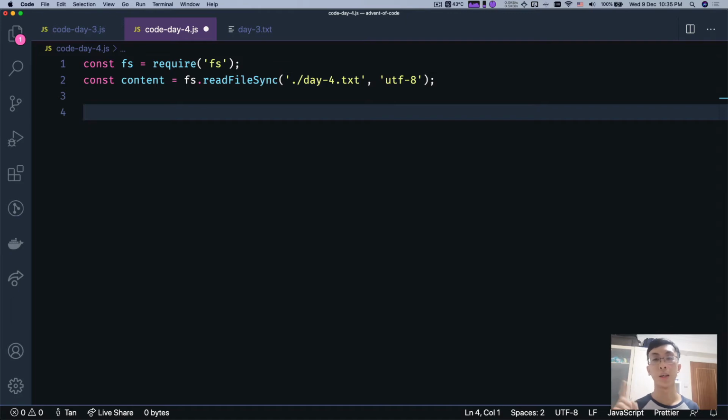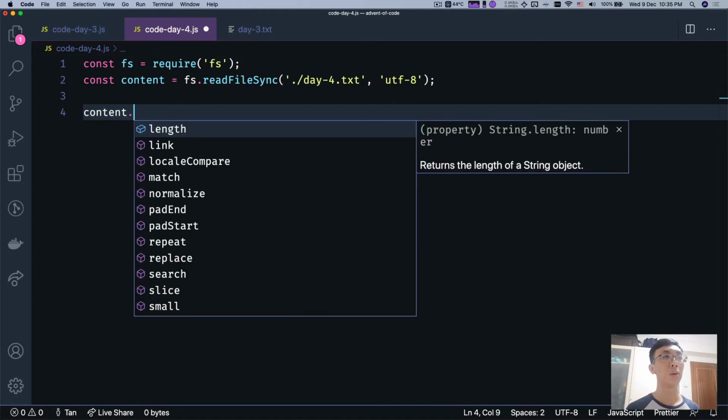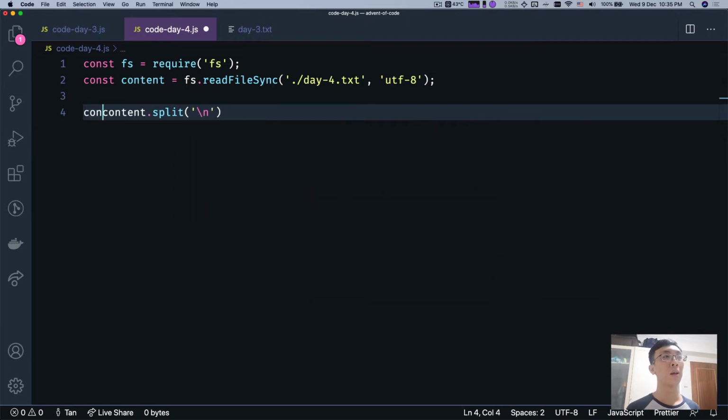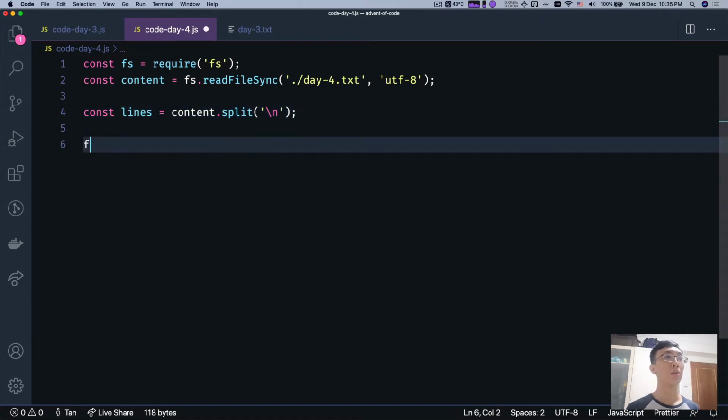We're going to do it line by line. So we're going to split by the new line character, and this is the number of lines we have. One passport may span multiple lines, so we can't do a map like what we have done previously. We are going to manually traverse through all the lines. So we're going to have a for const line of lines,